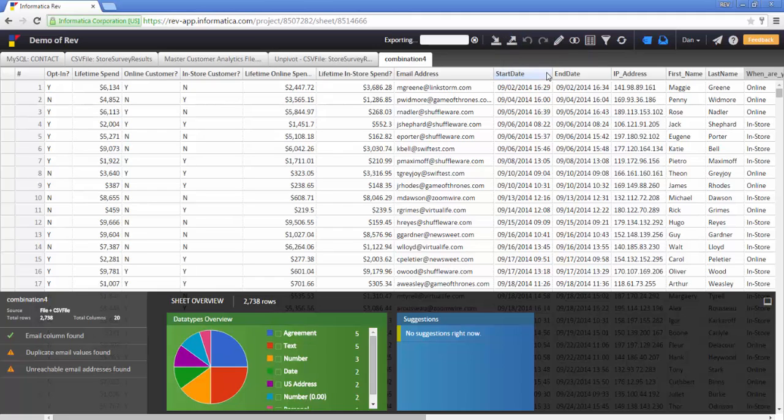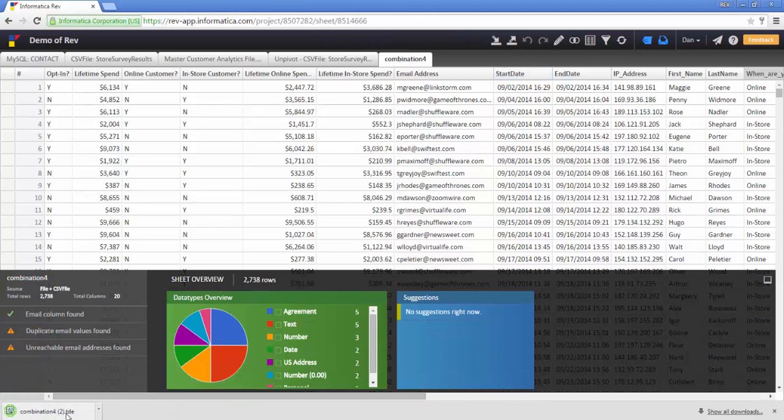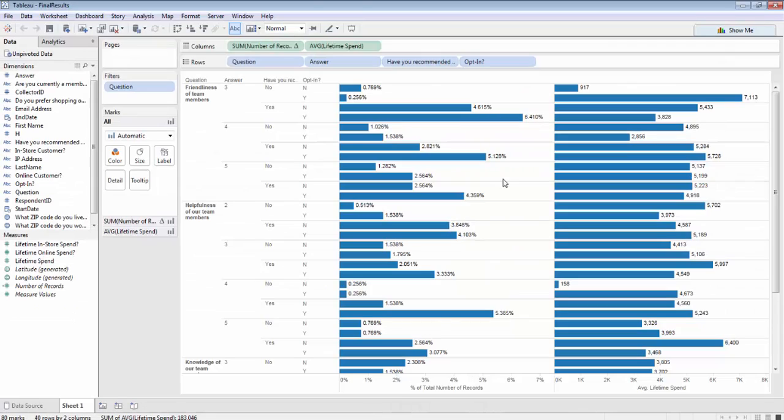Rev will then create the TDE file for me. And once it's done, I can click here to download. So I'll download the TDE. I already have this workbook prepared with the clean data, so let me bring that up. And as you can see right off the bat, this looks so much better than the old workbook I had with the dirty data. Right off the bat, you can see that the opt-in column has standardized values,